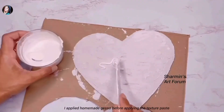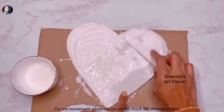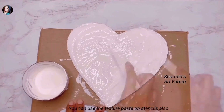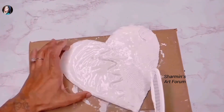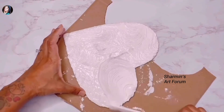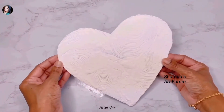I applied homemade gesso before applying this texture paste. For the gesso recipe, please check the description box. You can use the texture paste on stencils also. I'm using a comb to make a texture. You can use any tools as you like. After dry,